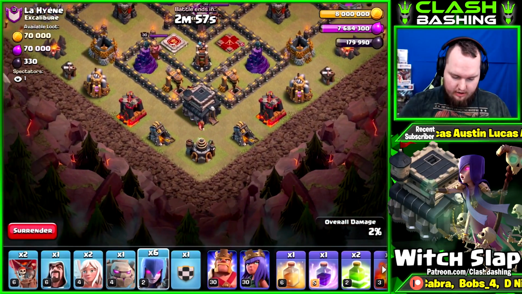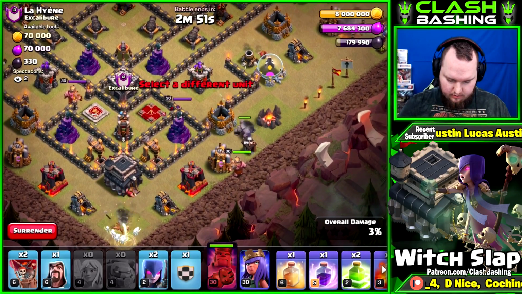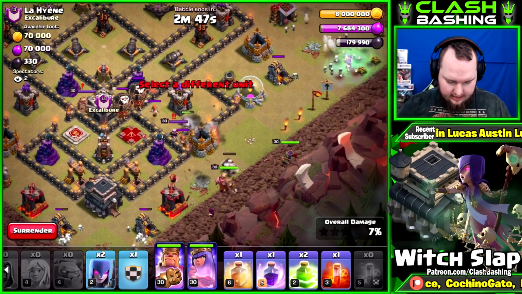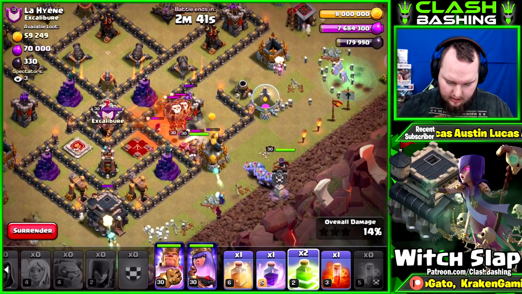1, 2, 3, 4. 1, 2, 3, 4. 1, 2. Go ahead and get our golem going up in there. King. Oh, queen. Get that in there. Clan castle gets pulled early. That's nice. Get our other witches in there. Get the bowlers going right there. I think I'm going to go ahead